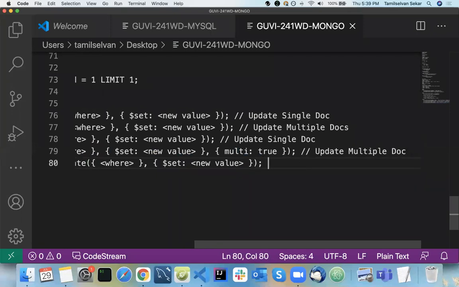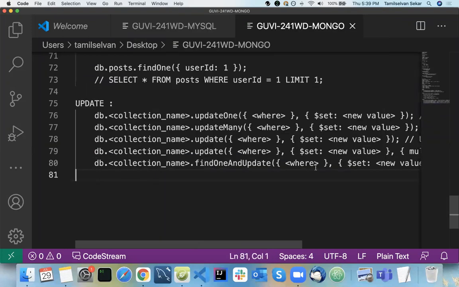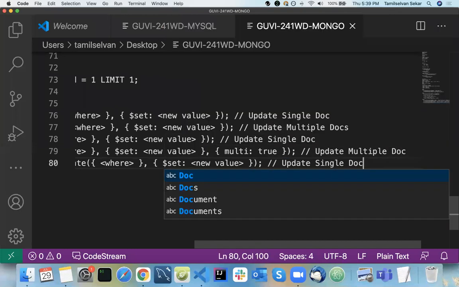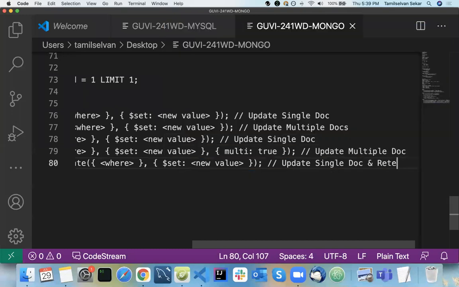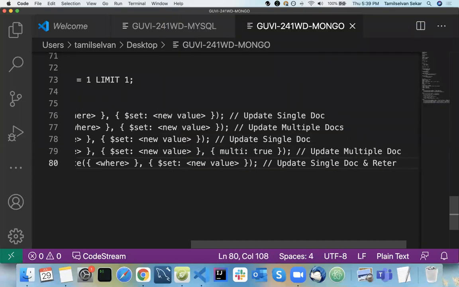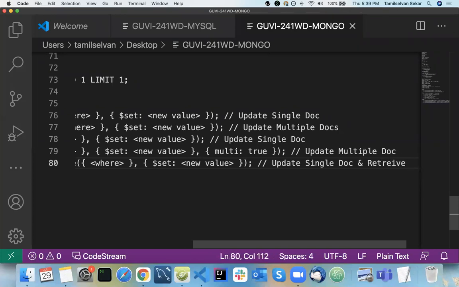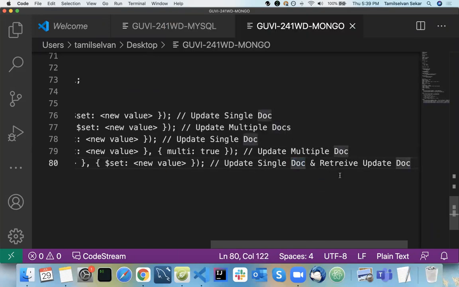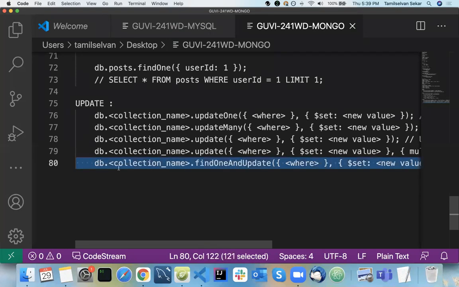So what it does: update a single doc and retrieve the updated doc. I will confirm this alone. We'll try it and see what the issue is with find one and update.